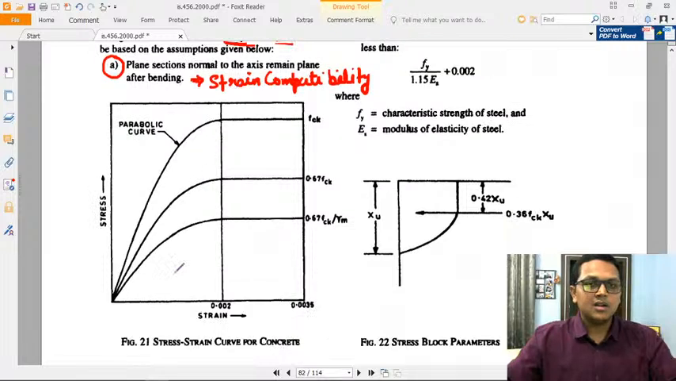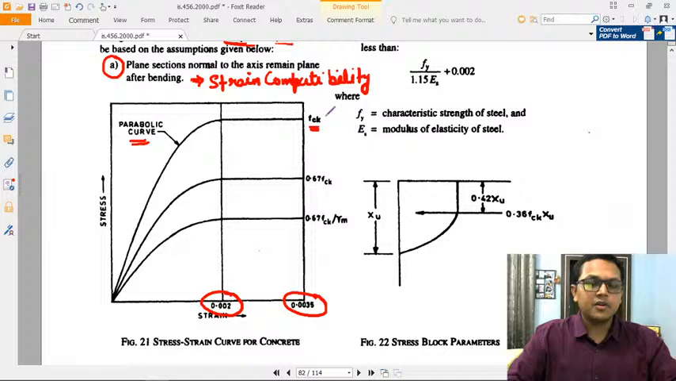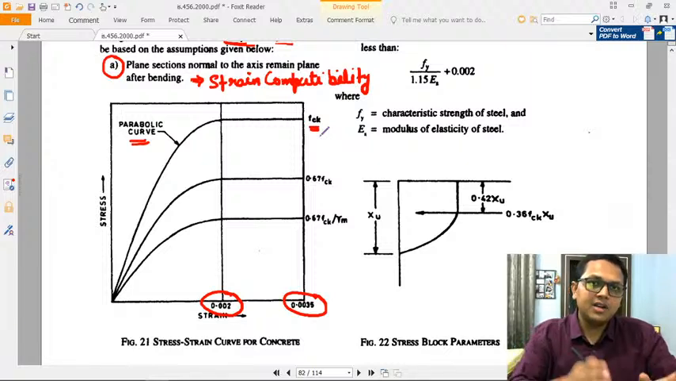Now a stress strain curve for the concrete is given. The first FCK stress strain curve is given. It is parabolic up to a strain of 0.002 and then it is straight up to 0.0035. Since the material behavior of concrete is very unpredictable and there is a lot of variation in the strength of the concrete for different sets of mixes, that's why the factor of safety that is used in the designing is